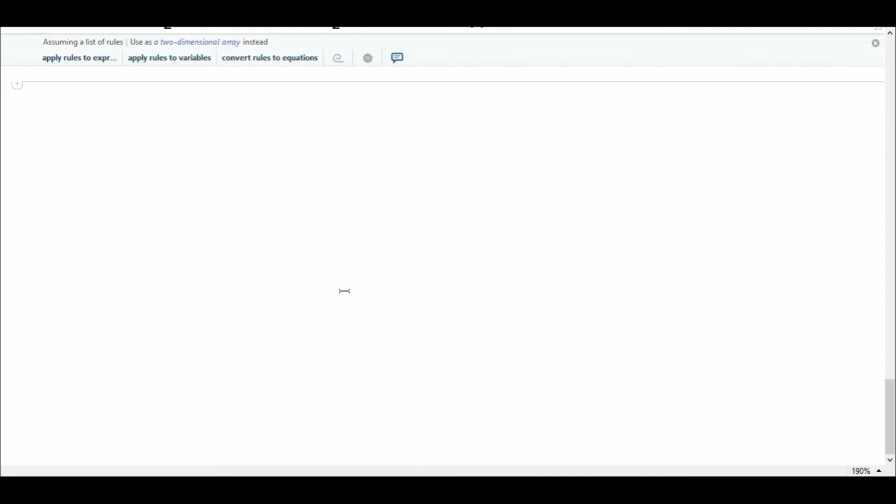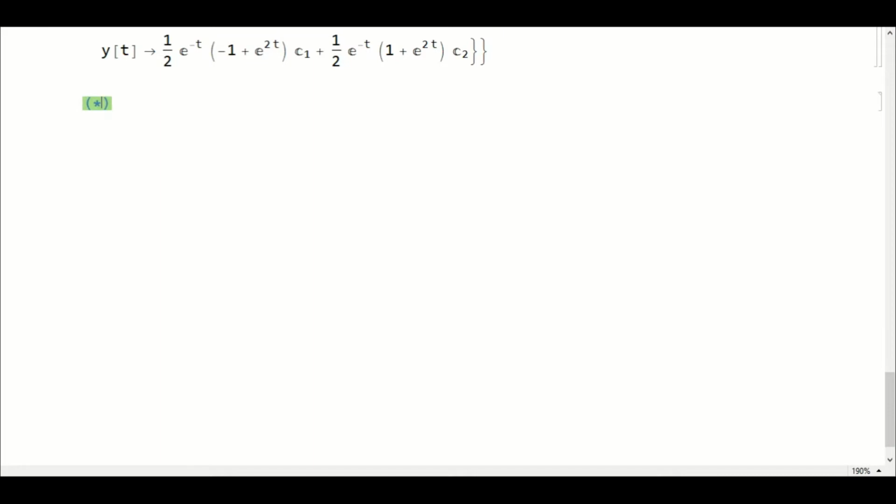Okay, so now we will discuss another very important thing in mathematics, which we generally use very much in physics: the series expansion. Generally we know that functions like sine, exponential, and cos can be expanded using series expansion. If you have an expression 1 plus x raised to n, then also it could be expanded in series. If you want to do such an expansion, the inbuilt function is Series.